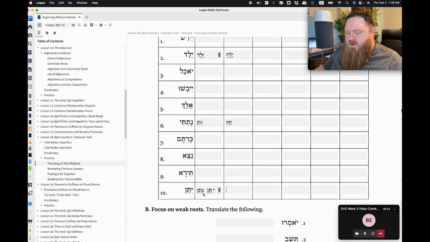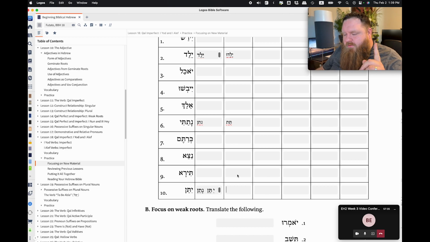The problem is that noon will now have a shavah, just like you're used to seeing a shavah in the first root letter of a Qal imperfect verb. But anytime you have a noon shavah, where that shavah is silent, in other words, anytime a noon closes a syllable before the end of a word, it is different from natan here, where it's closing a syllable but there's nothing after the noon in the same word. Anytime that noon is sandwiched by closing a syllable and then you've got a consonant right after it,